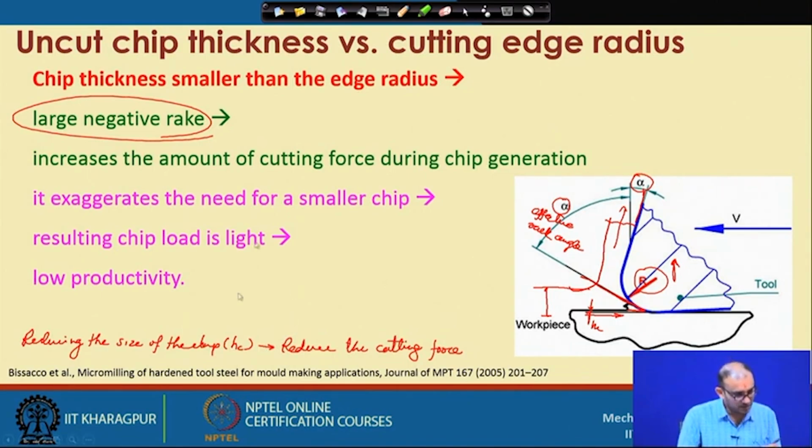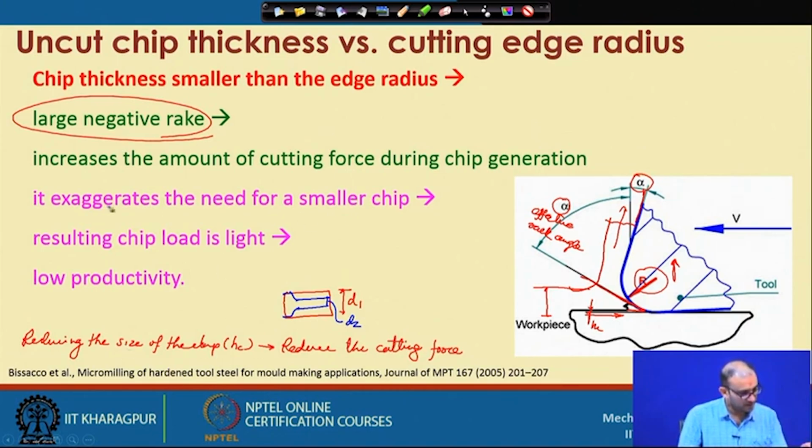So now suppose let us use the turning operation. So now this initial diameter is D1, and then you want to reduce it to D2. Now this is your D2. And this is the amount of material you want to remove. So if you reduce your